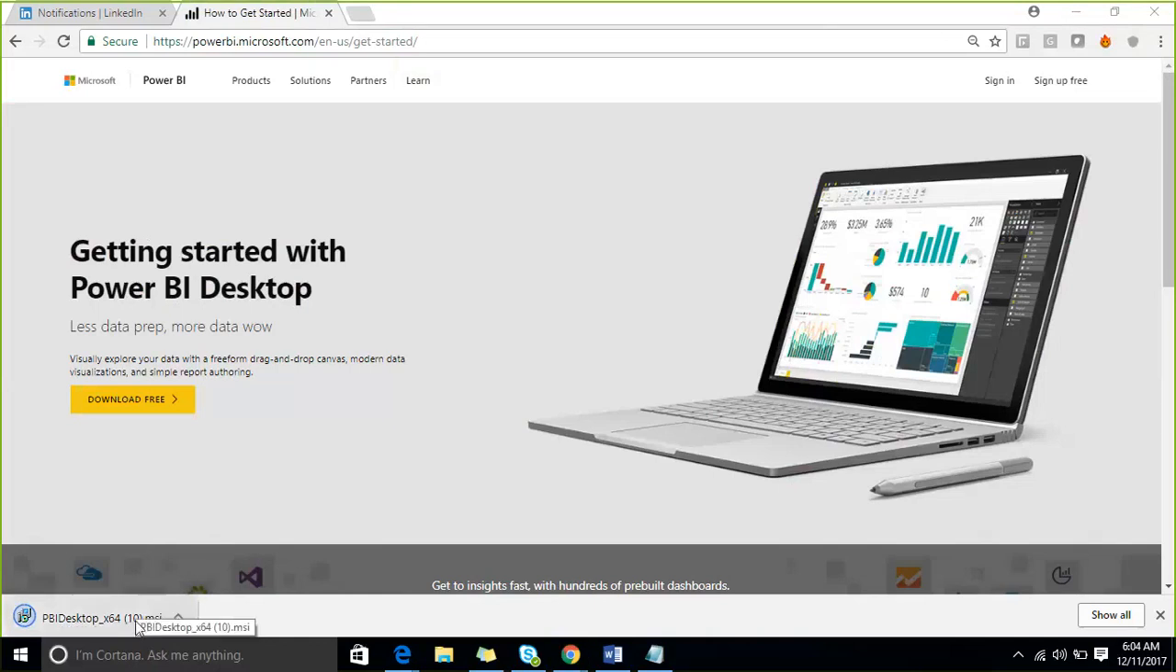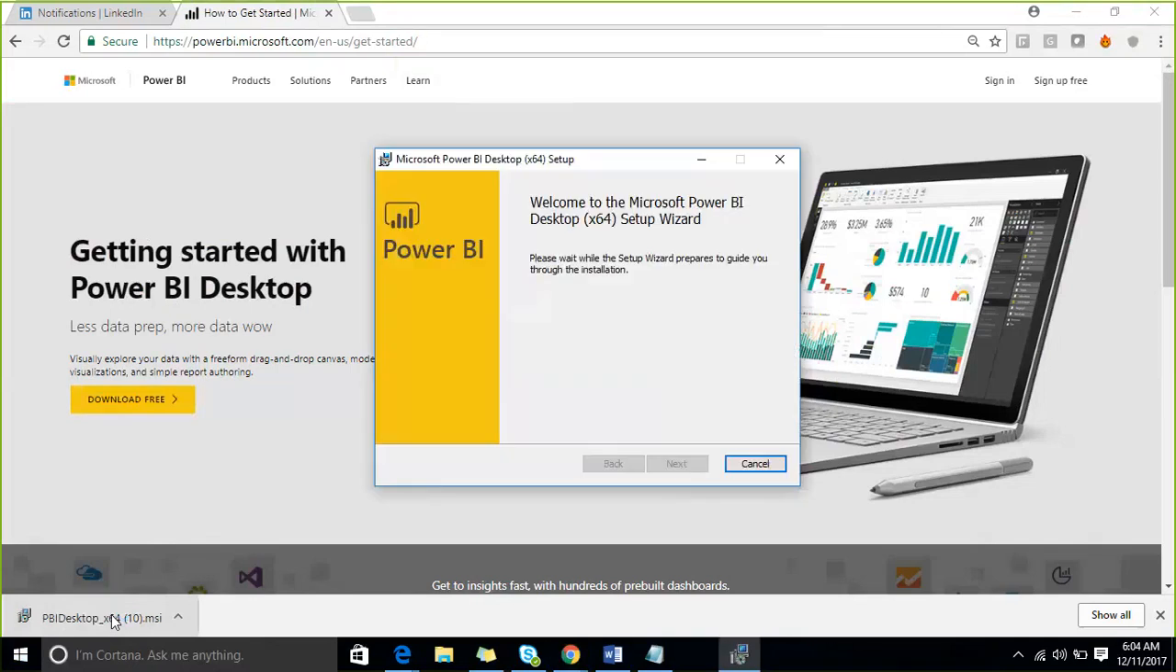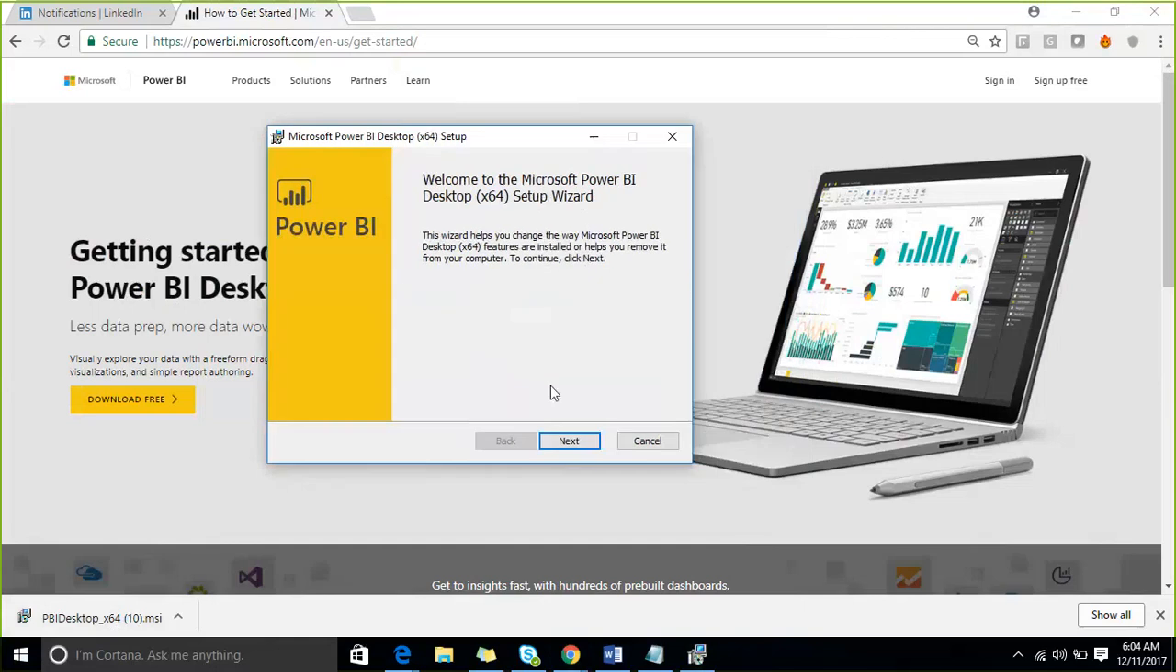Once it is downloaded, you can install. So for installation, you don't need to configure anything. It is like normal other softwares. You just need to click on next, next, next, and finish. So here, click on next,